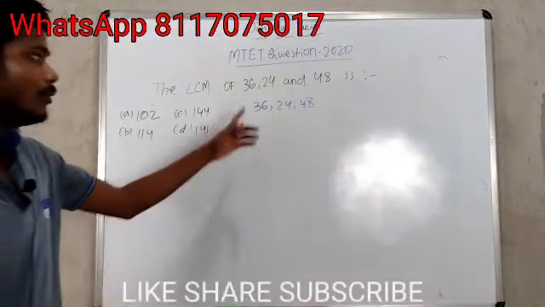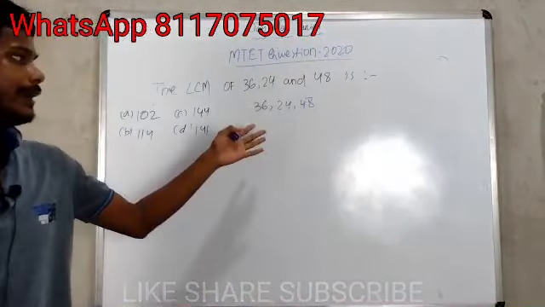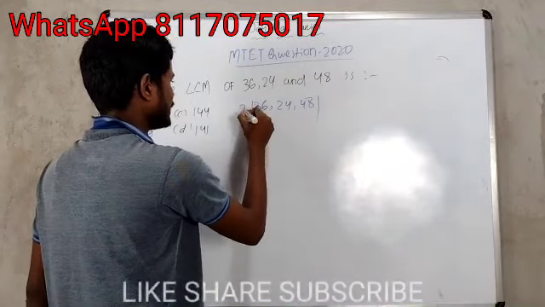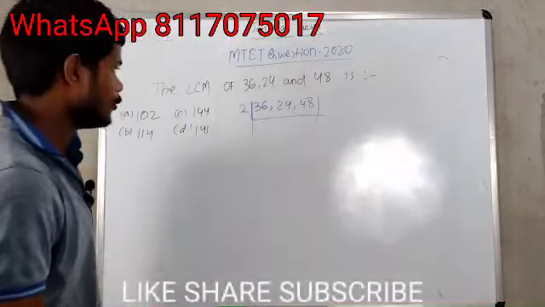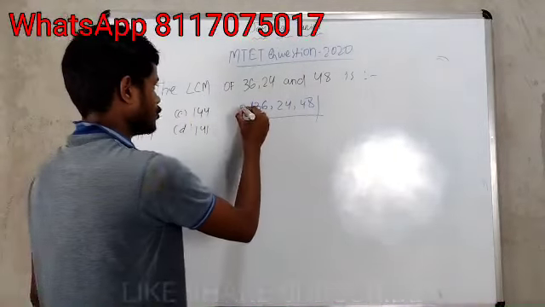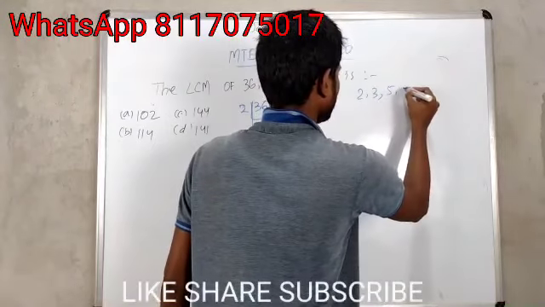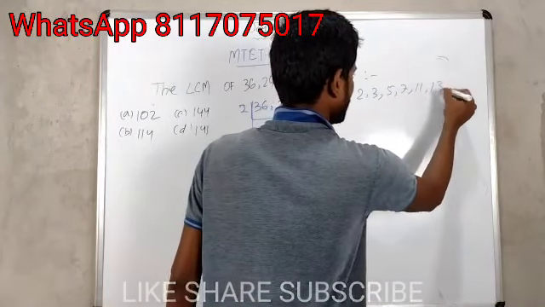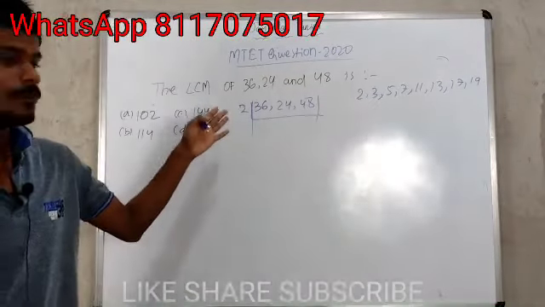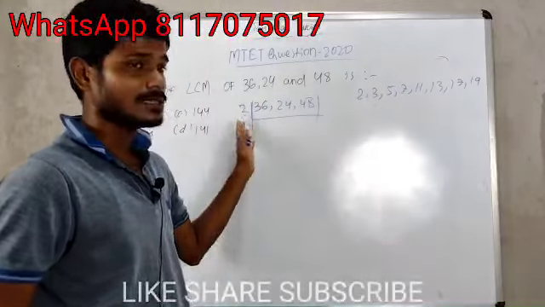Clear, friends? Then we have to find out which multiplication number will divide these three numbers. Then we got that it must be 2. We have to focus on the minimum number. So this is 2. Then we can find out 2, 3, 5, 7, 11, 13, 17, 19. These numbers multiplication table can be taken in this format.